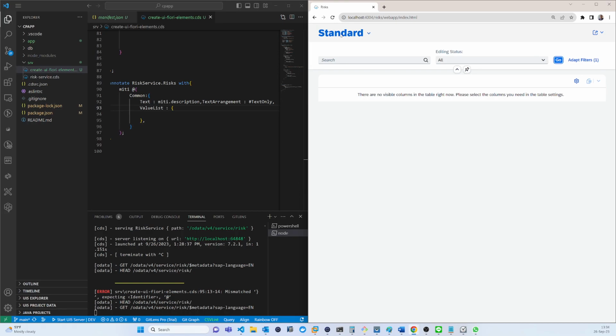If I refresh this, then that is the label, mitigations, collection path, the same mitigations, parameters,